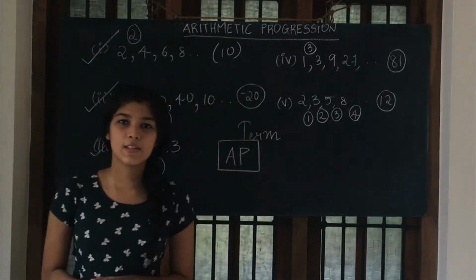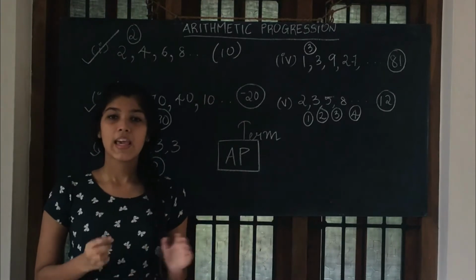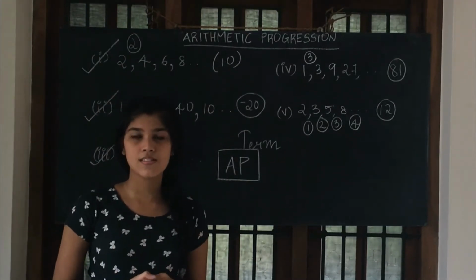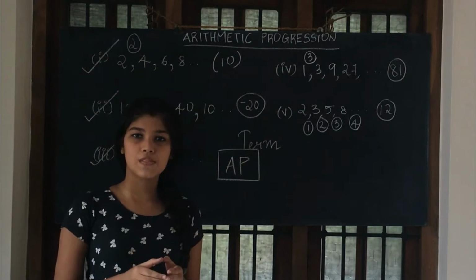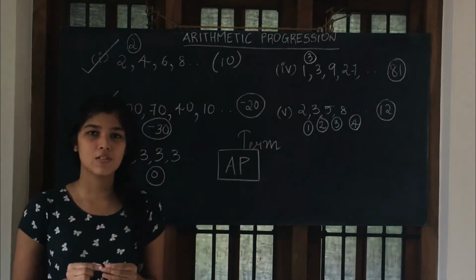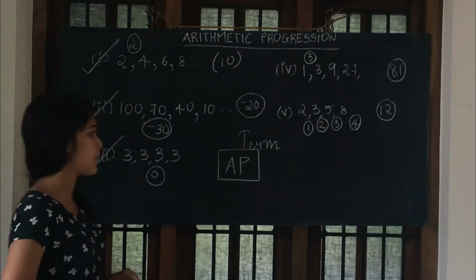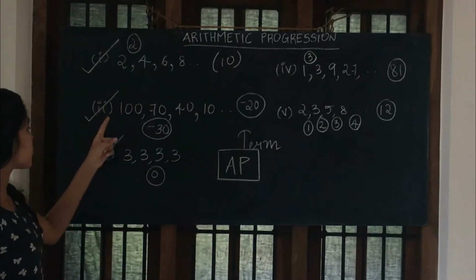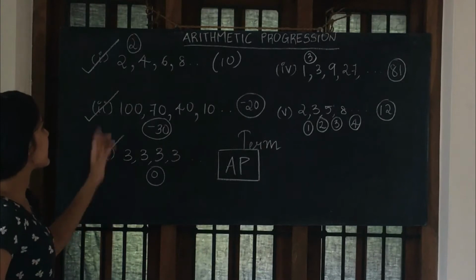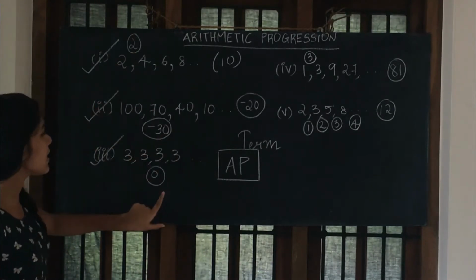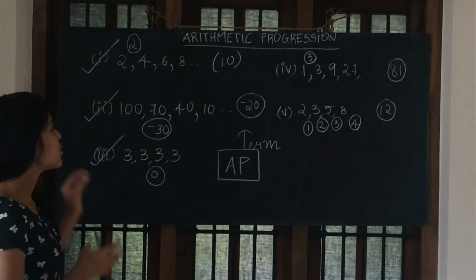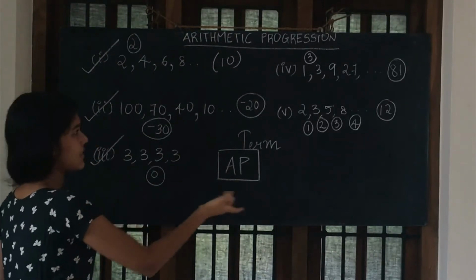Now, what is an arithmetic progression or AP? AP is a list of numbers where each term is obtained by adding a fixed number to the preceding term to get the successive term, except the first term. That is, in 1, 2 and 3, we are adding 2, minus 30 and 0 respectively to each term to get the very next term.